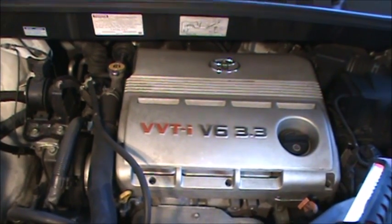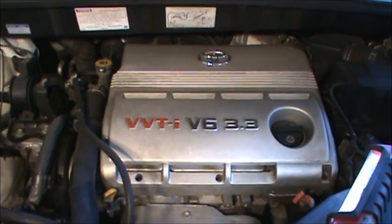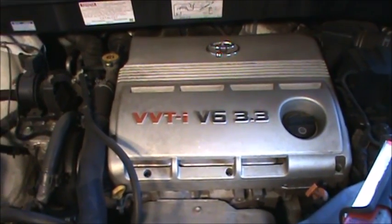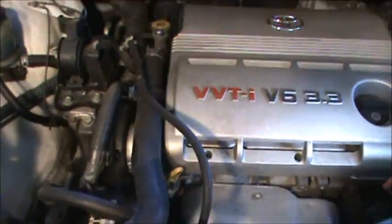Alright, today we are working on a 2004 Toyota Sienna. It has the 3.3 liter V6. We're going to do the timing belt. It has 115,000 miles on it, and